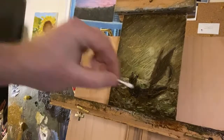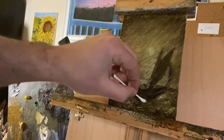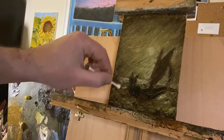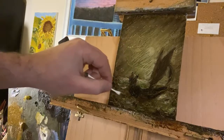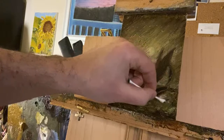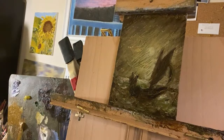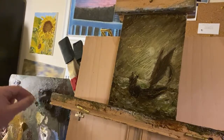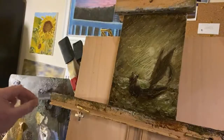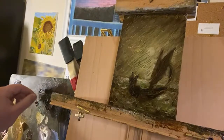And I'm gonna wipe some of that off. Break up some of those lines. I'll come through and put the final highlights in. And I'll build up some of the dark spots as well. And get some of that ultramarine blue, burnt sienna,